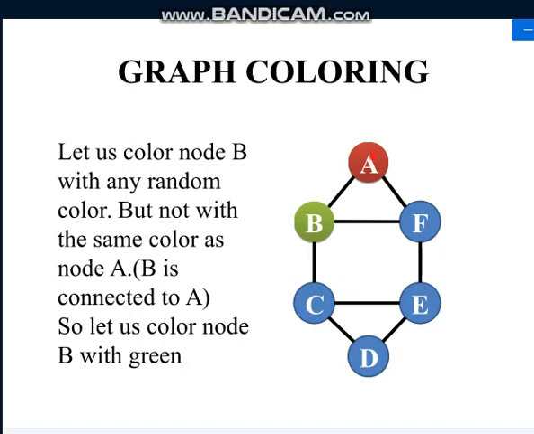So we are done coloring with node A. Node A is colored with red. Node B we have given the green color. Why we cannot give the same color? Because A is connected to B. So both of these are adjacent vertices or adjacent nodes. So these nodes cannot have same color. So that is what is written here. So we cannot have same color as A because B is connected to A. So we will take some other color. So we have taken color green. Now the next node in the sequence is C. So we will check what can be done.